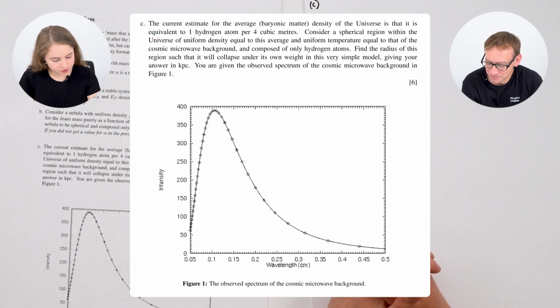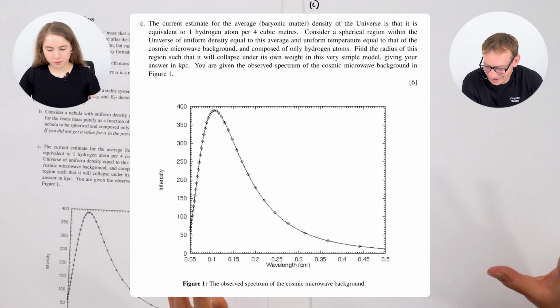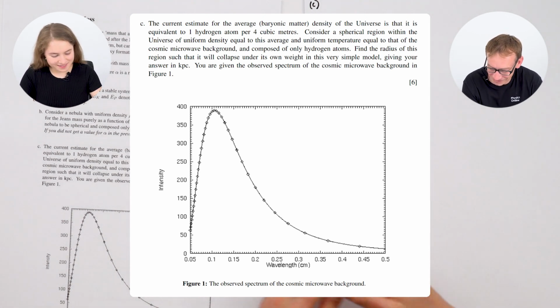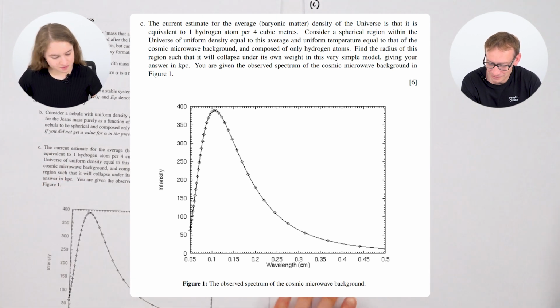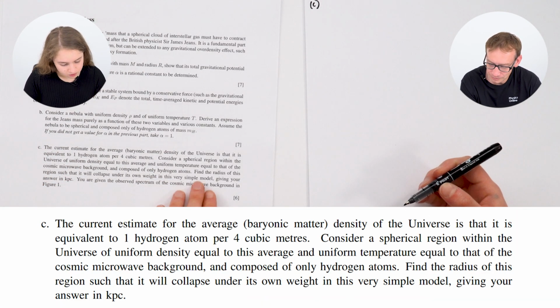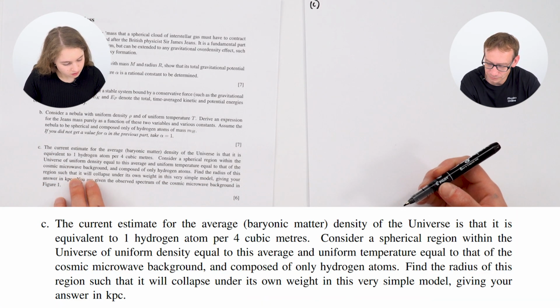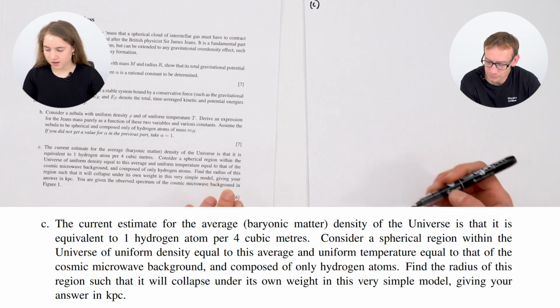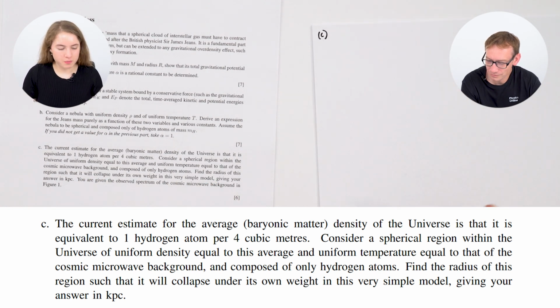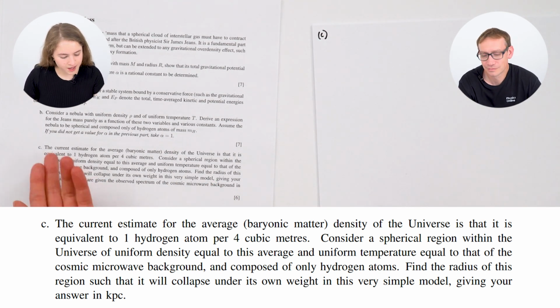My first step would be to go, hang on, what's going on here? Because that's just a block of text right now. What are they asking us to do? They said find the radius of this region such that it will collapse under its own weight. My usual first step would be to go through and extract the values that are relevant. Here there's